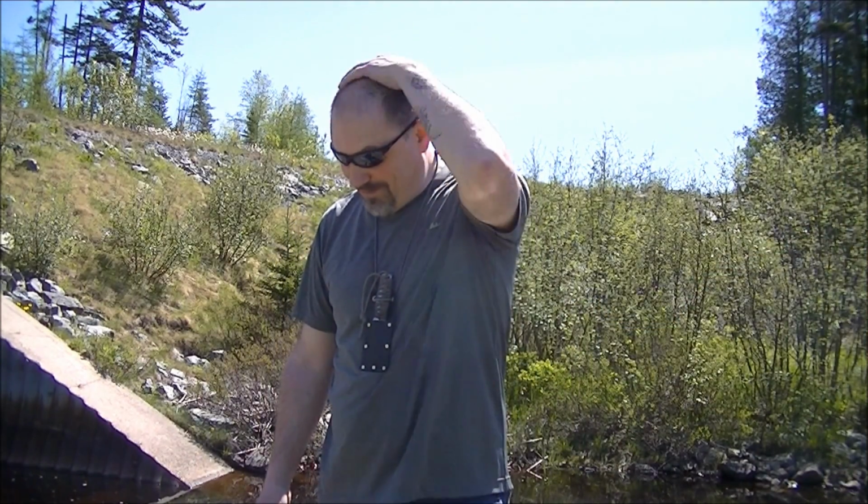Okay, my thoughts on primitive fishing. I won't do it unless I absolutely have to, because I would have caught 5, 6 fish by now, even those little ones, on a normal hook. So if you absolutely have to, these are some methods you can try. The thorn, I've seen it in books and such, and that thorn just went limp after a while because of the water. So you can practice this stuff if it's legal in your area, but